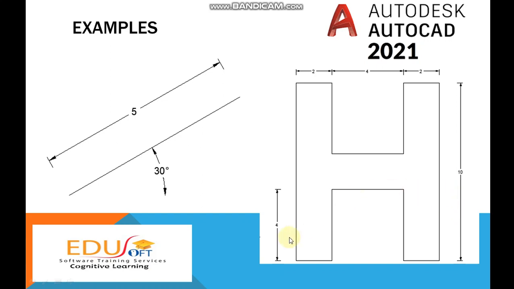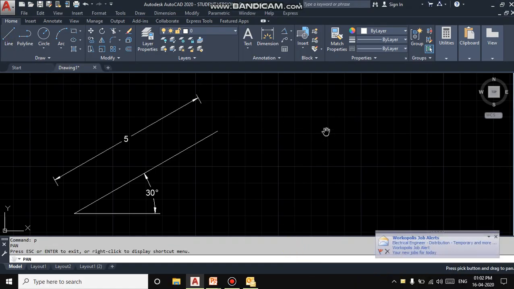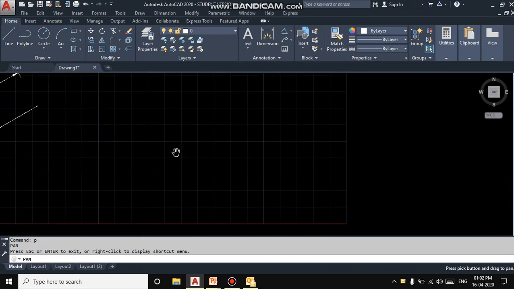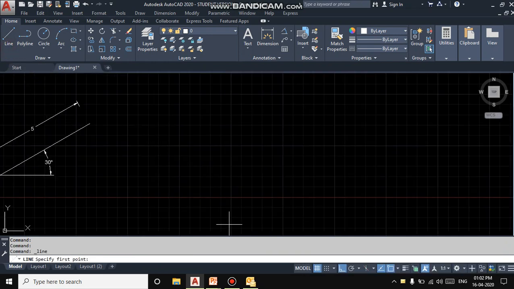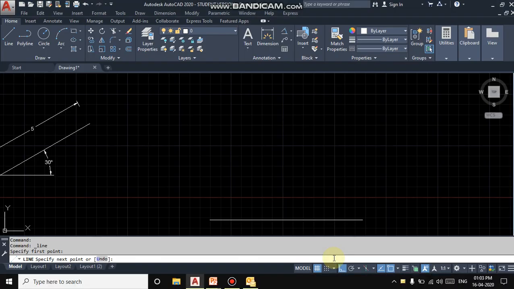Let me start the line from here. I will start to draw this shape from this point. Let me change all these things. We will start freshly from here, taking the command. Now we will see what the movement is here. 2 is the movement from this point to this point. So I am giving the input as @2 angle. It is moving in the x-axis, so I am giving the angle as 0 degree.